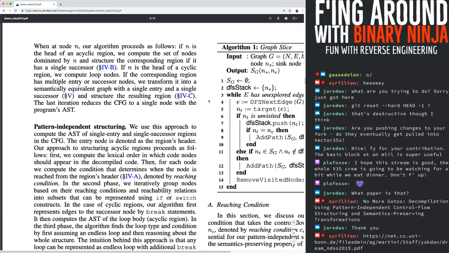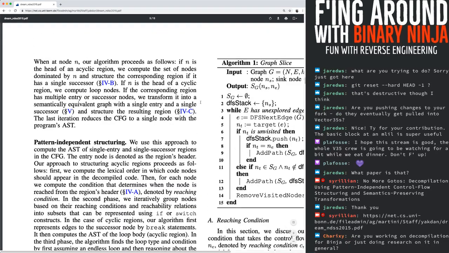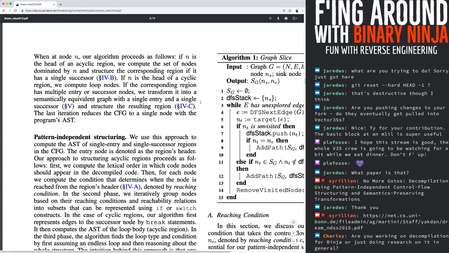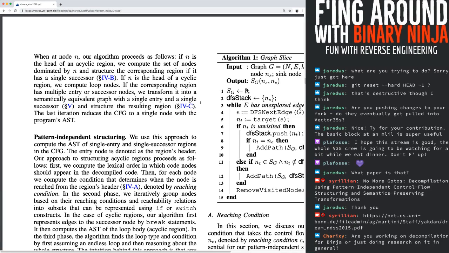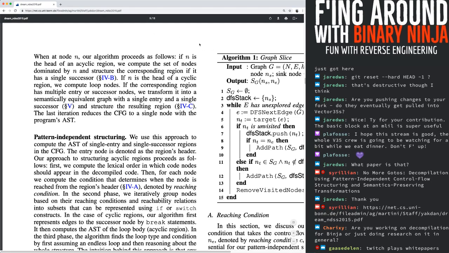So yeah, it sounds like I'm working on making pseudocode for medium level IL, basically. I'm not writing an actual